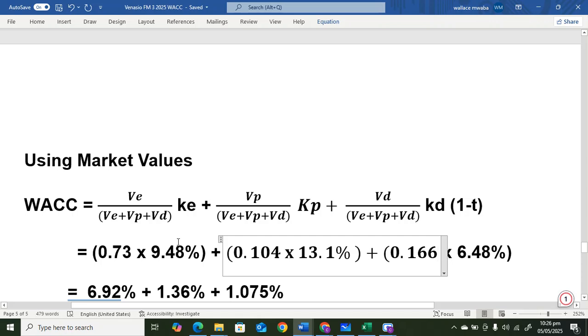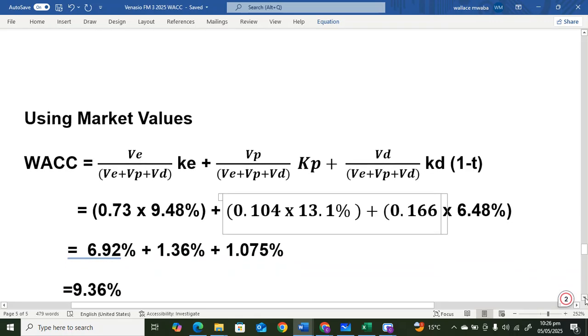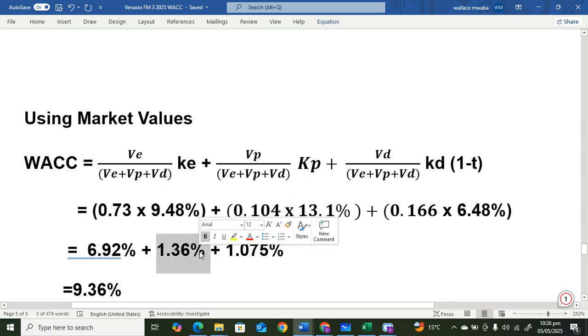Multiplied by each of their costs. 0.73 times 9.48, 6.92. 0.014 times 13.1, 1.36. 0.166 times 6.48,